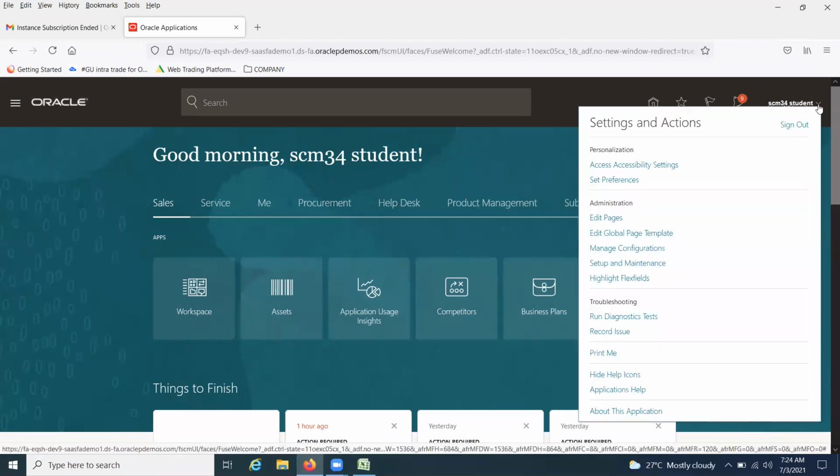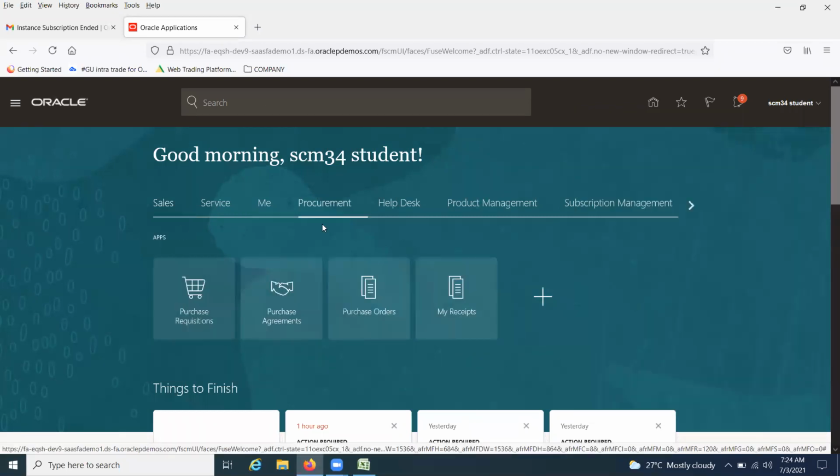If you go here, you can see edit pages. If you want to edit pages and make some changes, for example, I will go to suppliers. Suppliers doesn't have it, okay, purchase orders, let's say. Let me open purchase order requisition. Okay, so let's assume some page you have to customize. That means you have to change the look and feel. So for that, first of all, you have to create your own sandbox.